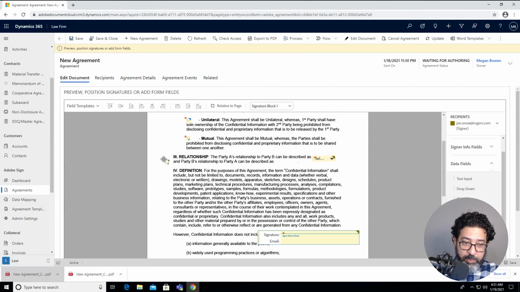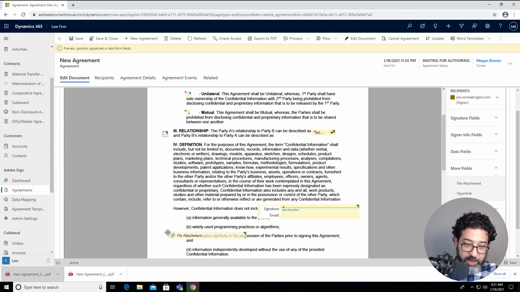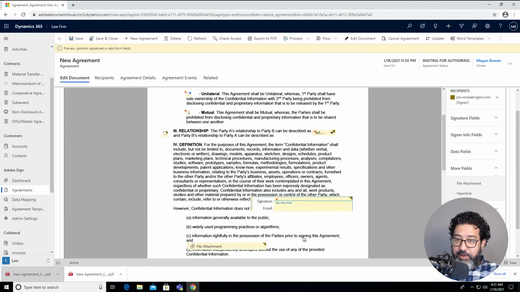I can add a checkbox, attach a file if needed, and place them within the document, and then send it, and the person will have to fill in all this information.